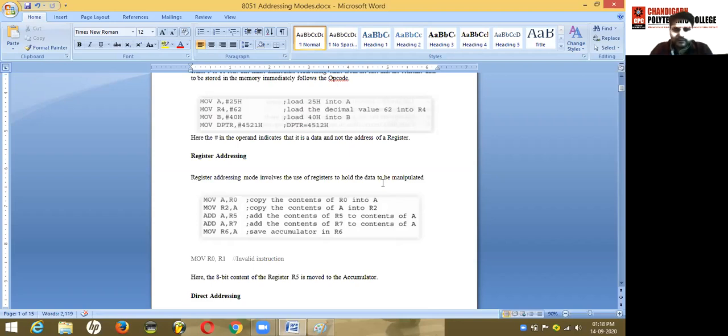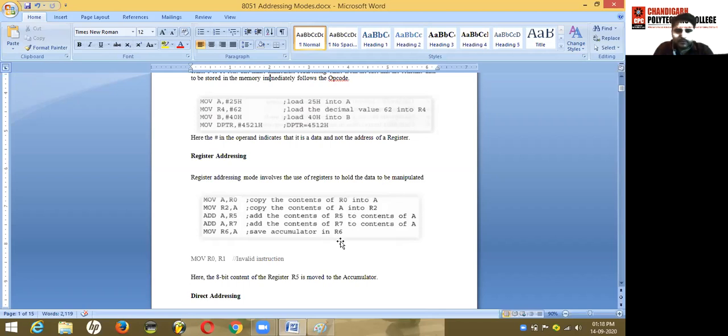In the third and fourth examples, we have used ADD A, R5 and ADD A, R7. You are going to add the contents of R5 and R7 to the accumulator content. Also, you can use MOV R6, A, that is the transfer of the contents from the accumulator to register R6.